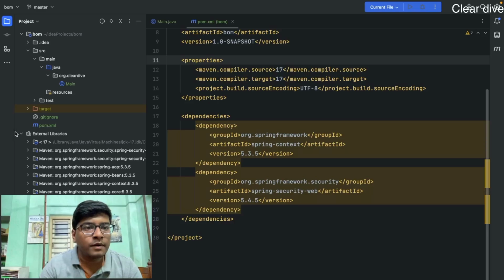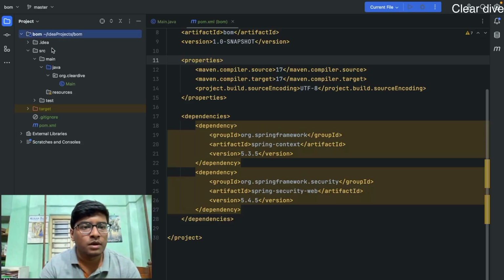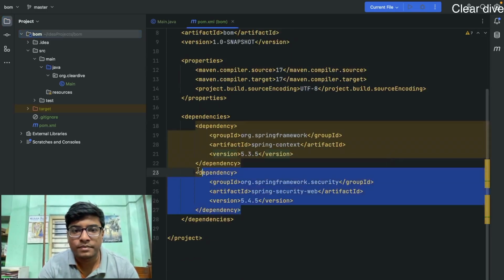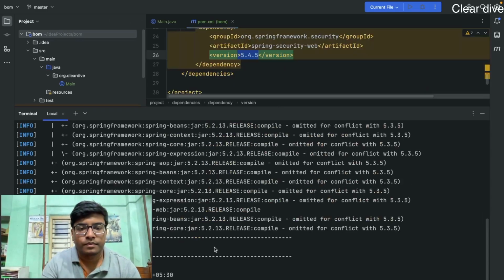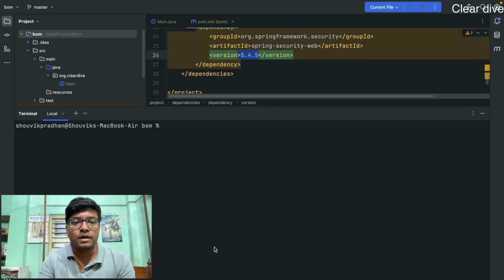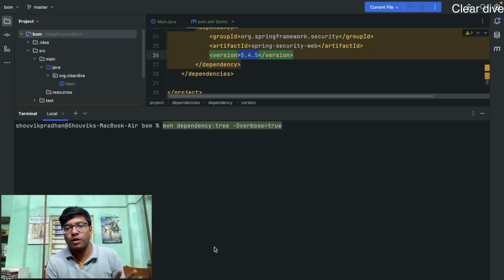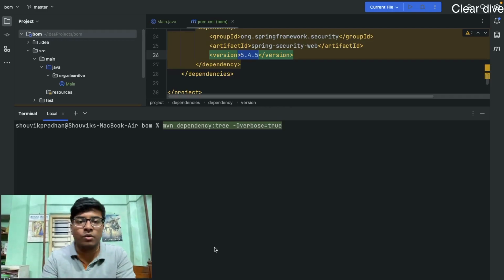So you could see I have defined one very small application, BOM. It's a Maven application, and I have defined two dependencies: Spring context and Spring security web, right? I have defined the same version over here as well. Now if we write one command, that is Maven dependency tree, basically it will form the dependency tree. I have mentioned verbose equal to true because I want to see whatever tree it is forming in the terminal. So that's why I have marked it as true. If I run it,